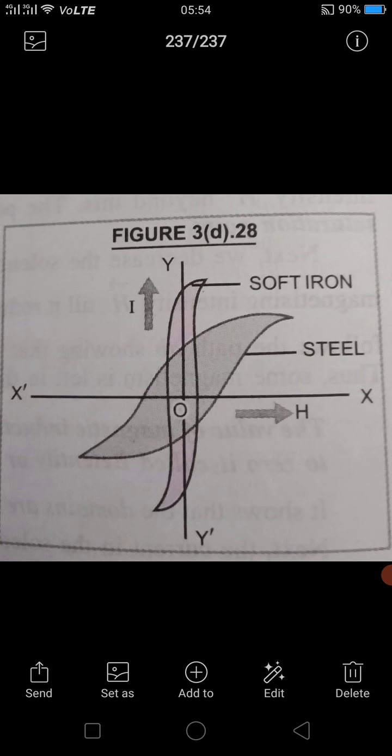And steel has a high permeability also. So in spite of its slightly smaller retentivity than soft iron, steel is favored for making permanent magnets because of its higher coercivity than soft iron. And other materials for making permanent magnets are alnico, these are alloys, and cobalt steel. These are the substances which are used for making permanent magnets. So due to the high coercivity, high permeability and high retentivity, it is used to make the permanent magnet. Now the second type of magnet is what?